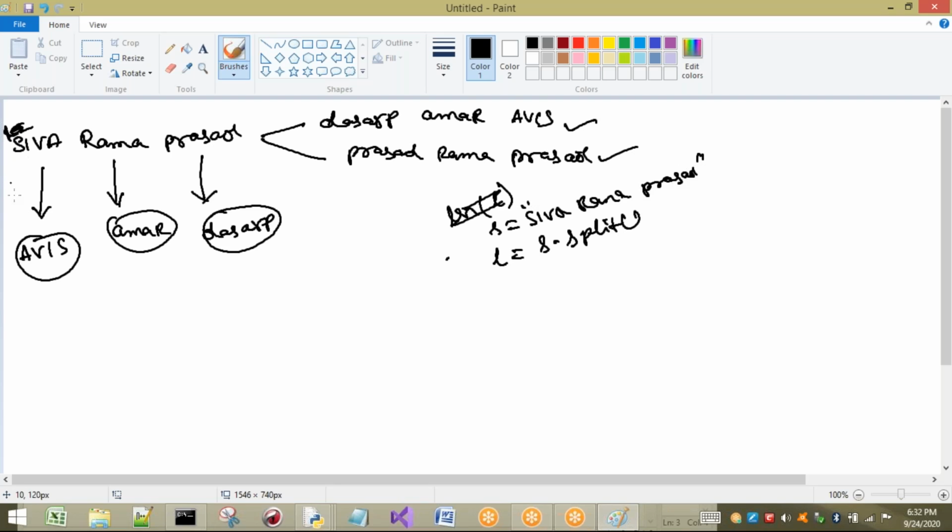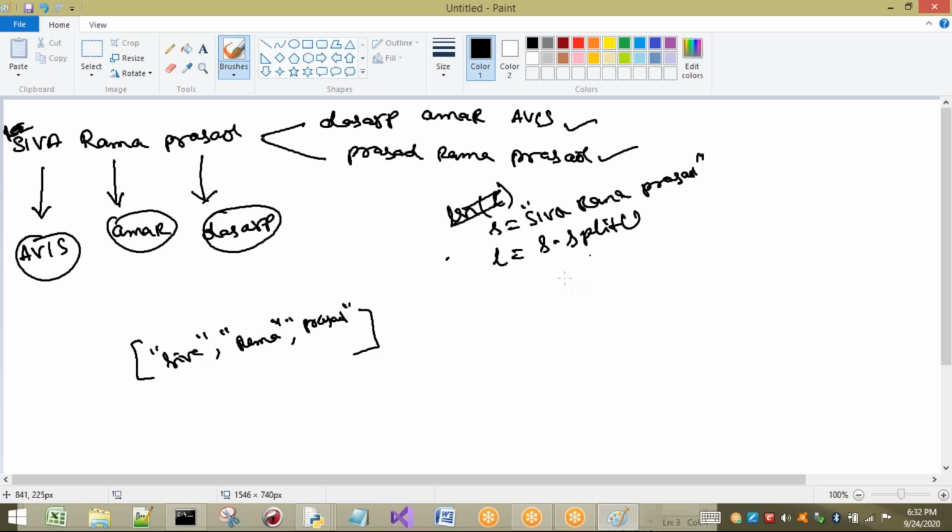Now what is the concept? This should be the output. So here I am going to split the given string. Splitting means what happens? If I am not going to write anything inside the brackets, by default it is going to take spaces. So the split method always gives you a list. It returns a list of items. That means here in L we are going to have SIVA, comma, RAMA. That means it is split. Here PRASAD will be there.